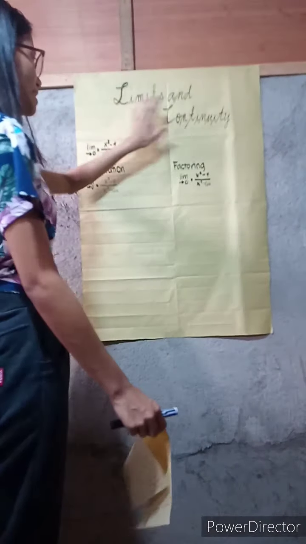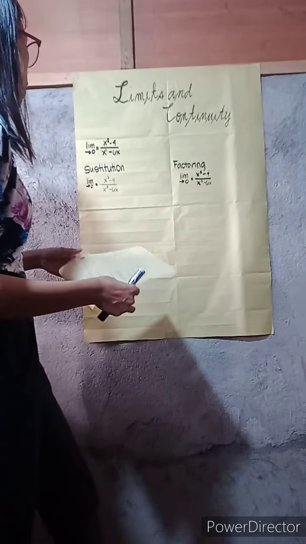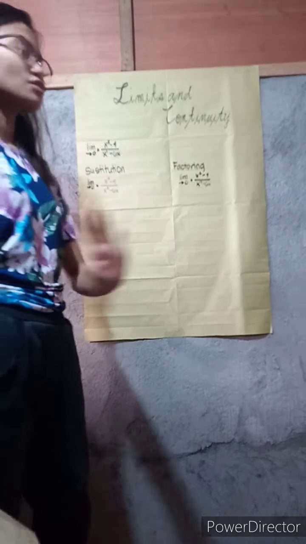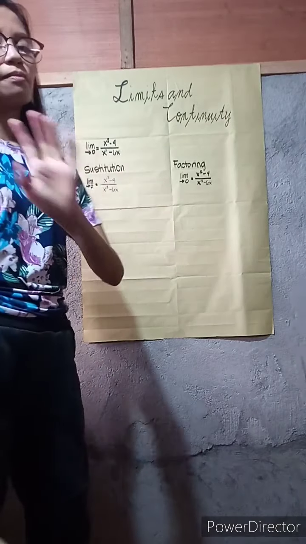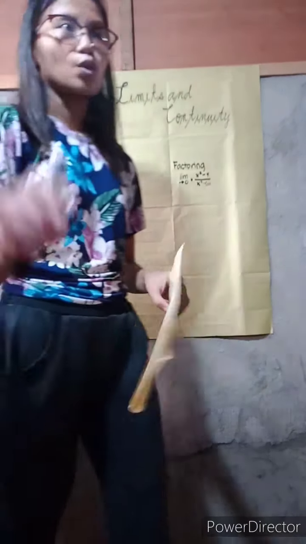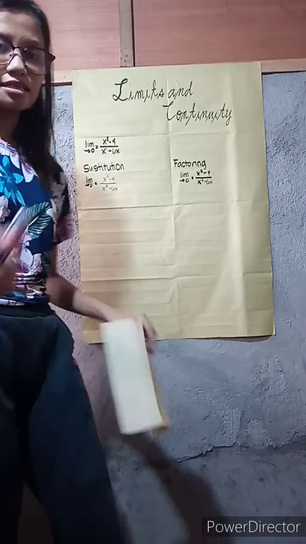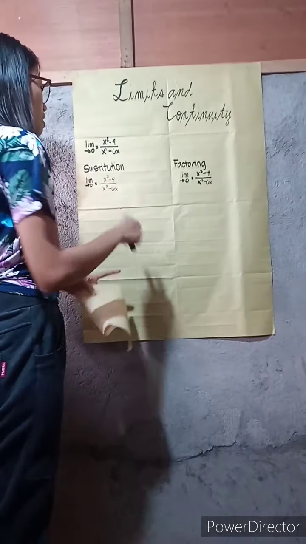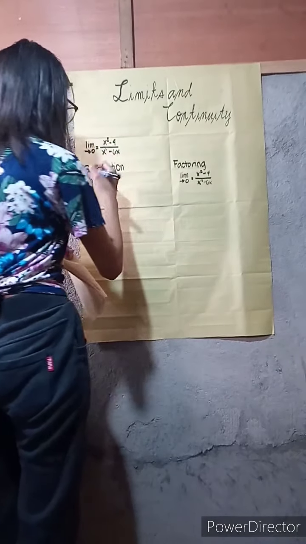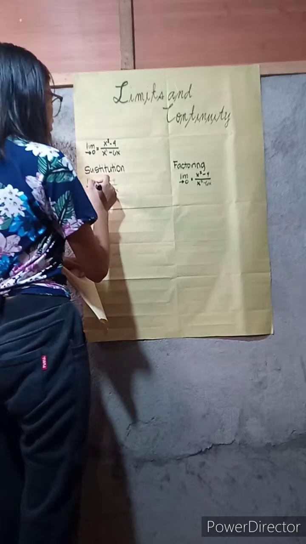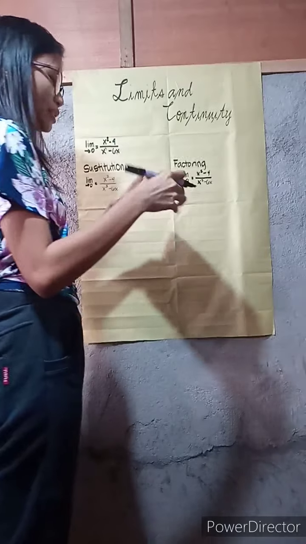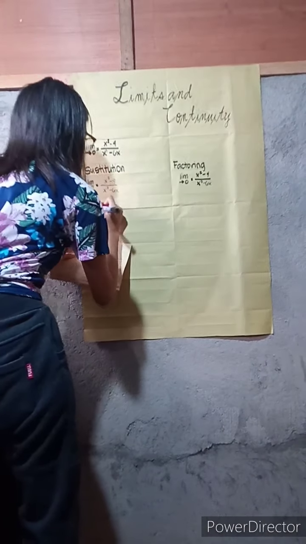Here we have limits and continuity. Our limit as x approaches 0 of x squared minus 4 over x cubed minus 6x. To make sure that our limit exists, we have to first use the substitution method. So, the limit as x approaches 0 of x squared minus 4 over x cubed minus 6x equals,